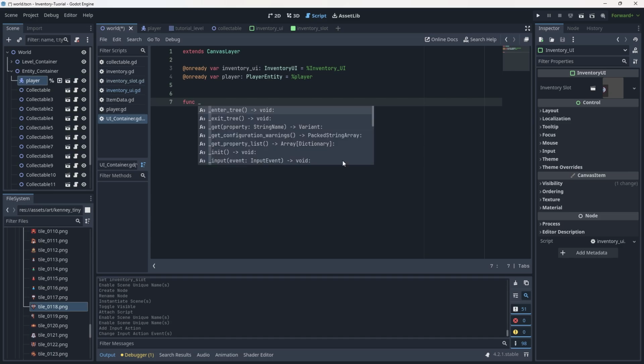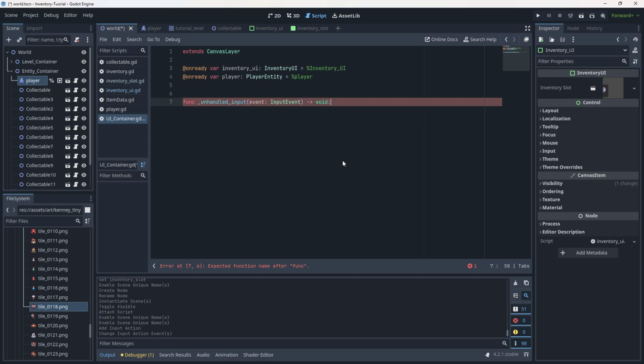Now, unhandled input is basically, well, very self-explanatory in the name. It's unhandled input. It's going to handle that input, mark that input as handled, and then kind of be done with it. We can do this in a few different ways. I'm just going to use unhandled input because it has become one of my new favorite things, if I'm being honest with you. So if,